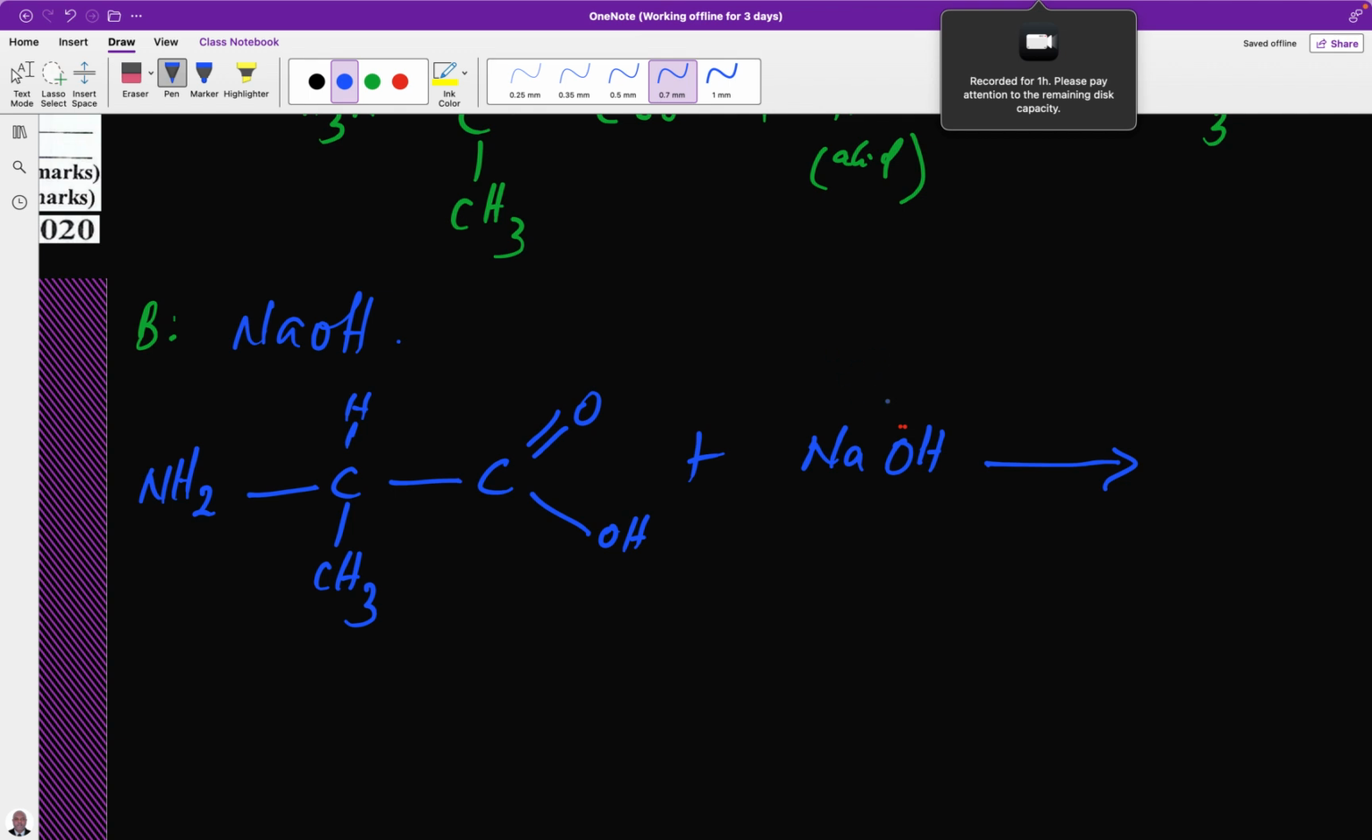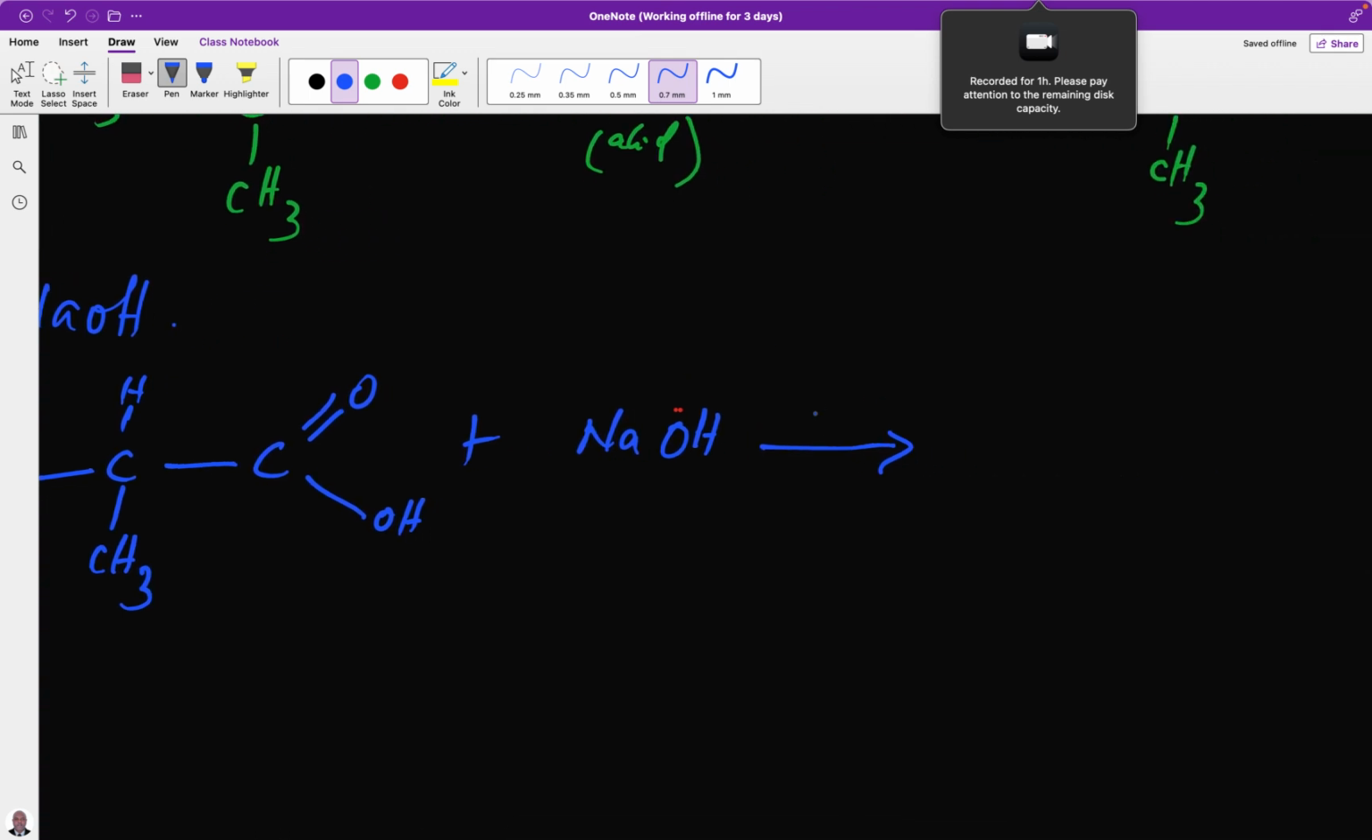Here, we will have this. When a base reacts with an acid, a salt is formed again. So what is going to happen here? Salt and water is formed. So what is happening here is we will still have our NH2,